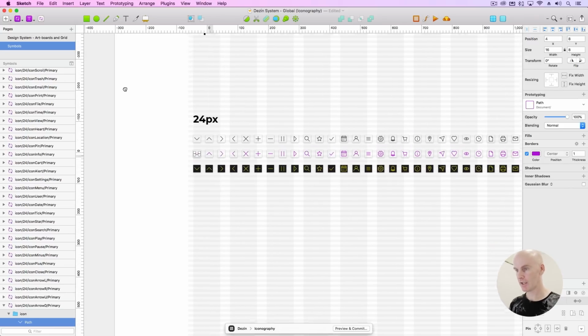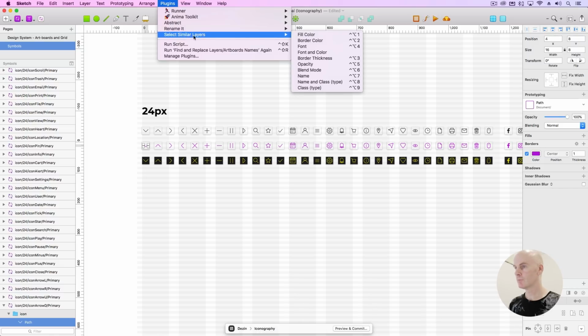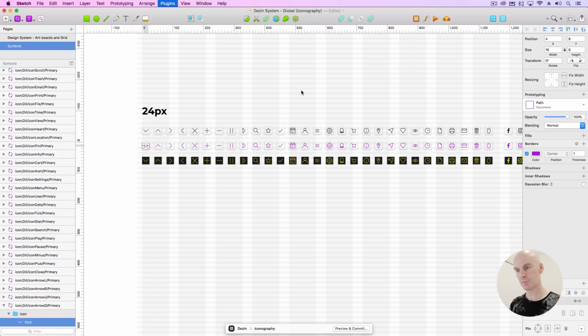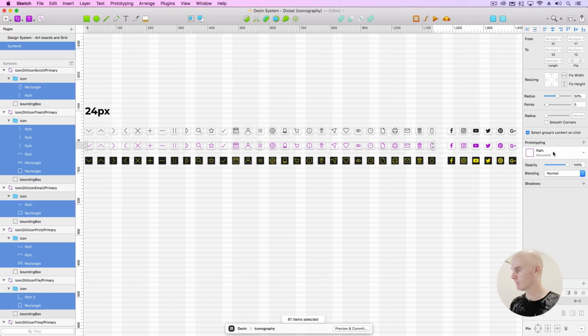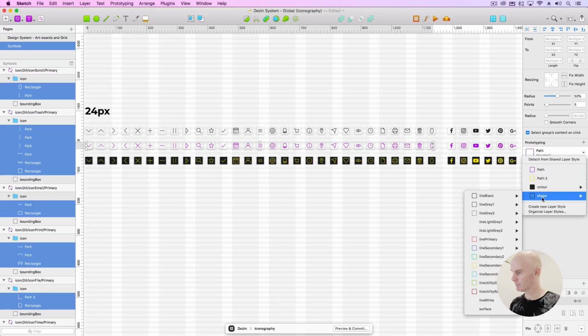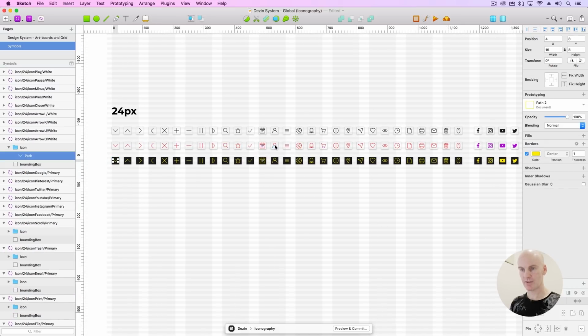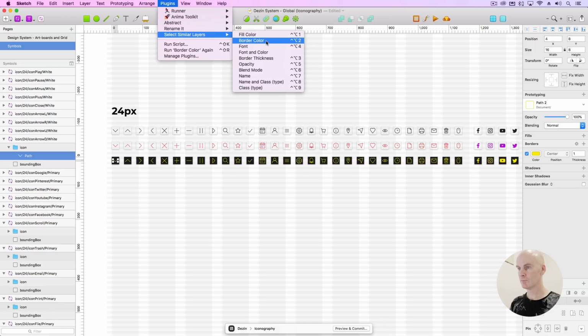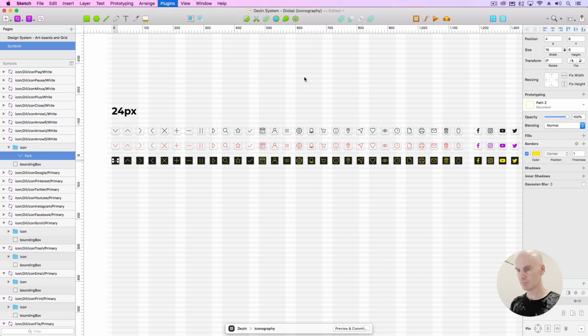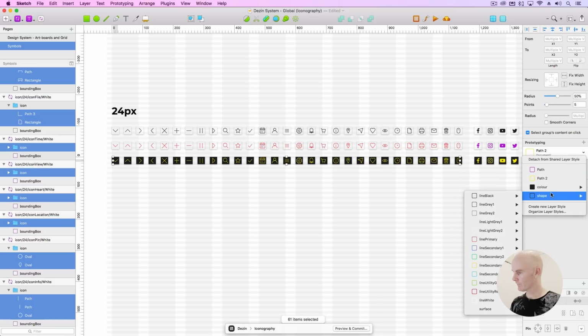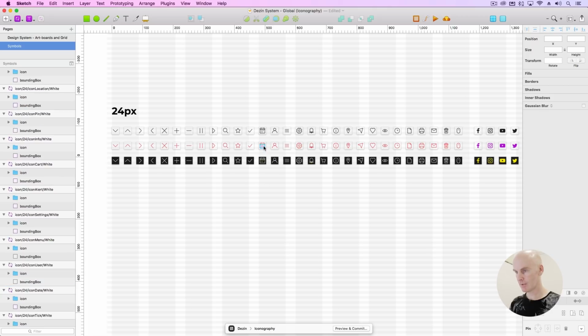Okay, now let's run that plugin again. This time we're going to do border color. We're going to change this to shape, line primary, 1 pixel center. Let's do the same here. And change this to shape, line white, 1 pixel center. Then go in